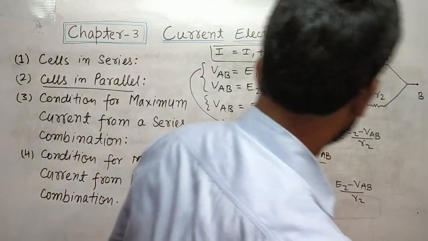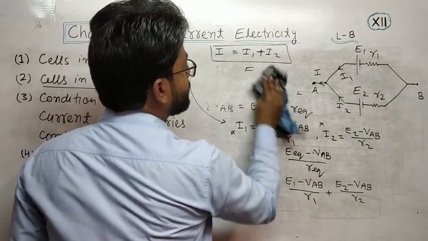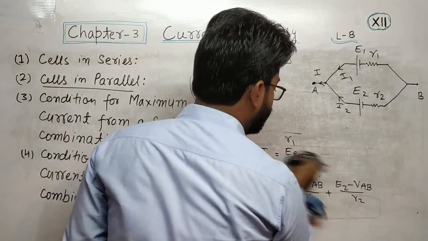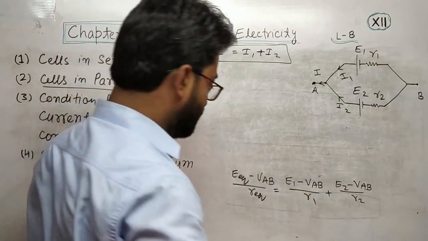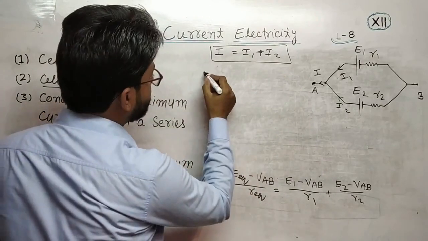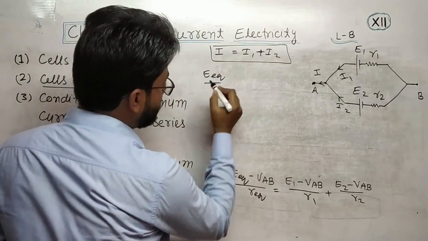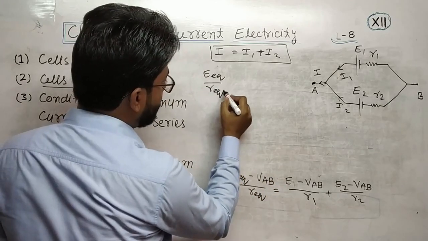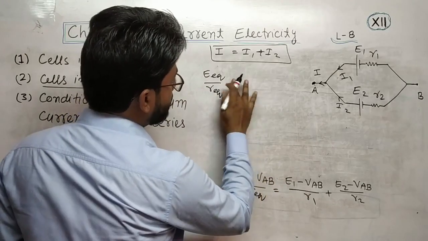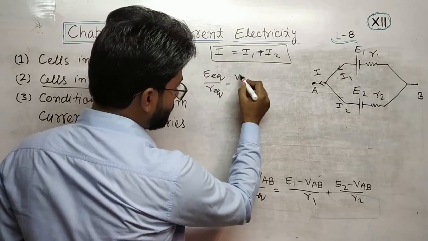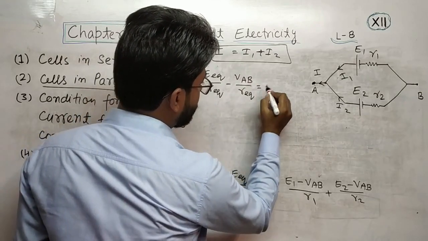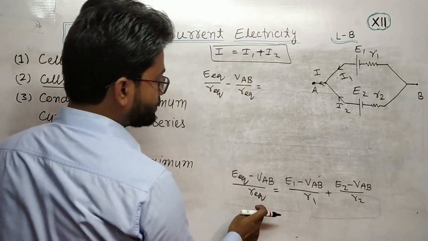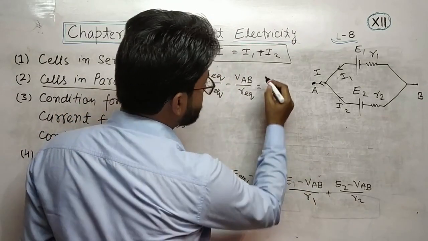On solving, what will we get? E equivalent upon R equivalent minus V AB upon R equivalent is equal to